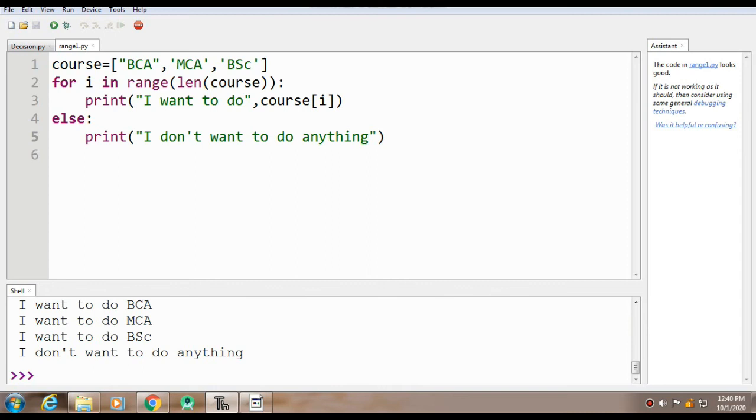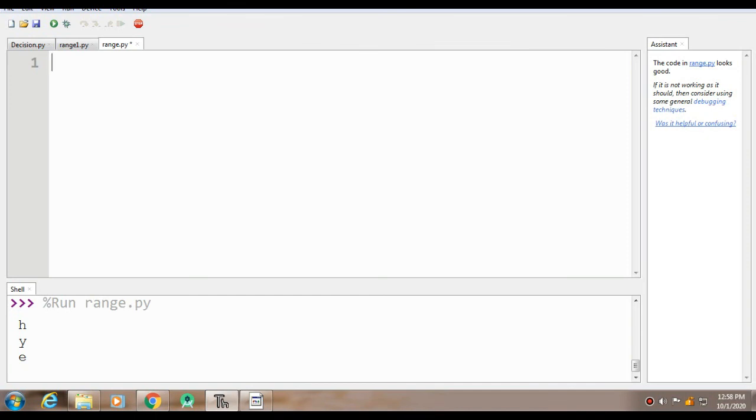Okay, so these are the two ways we have done the for loop. We have done the while loop, we have done the if else statement, we have done nested if. Now we will continue with two statements. One is your continue and another one is your break statement. Now how will these two work? Okay, so let's continue with your break and continue statements. We'll quickly start with the break statement.